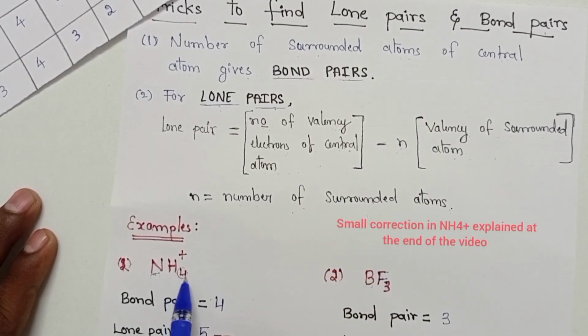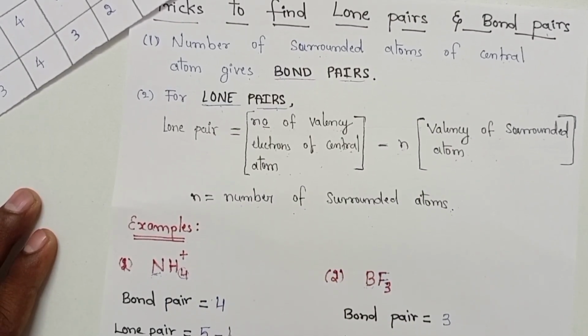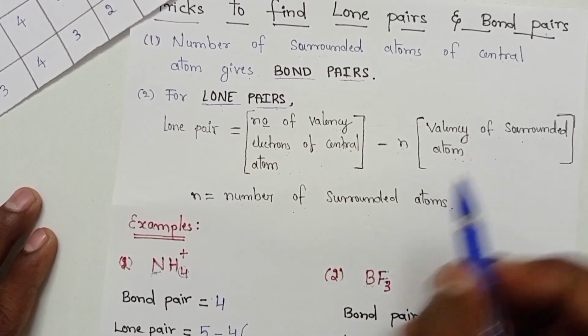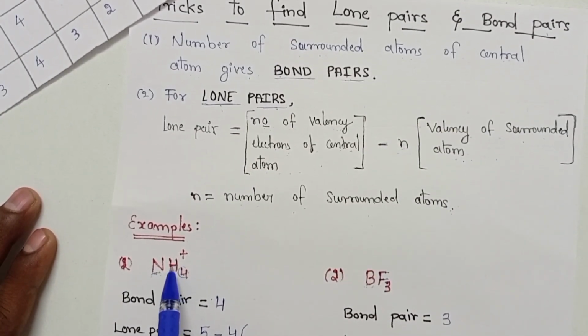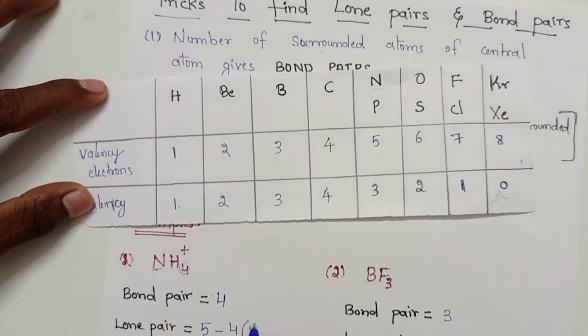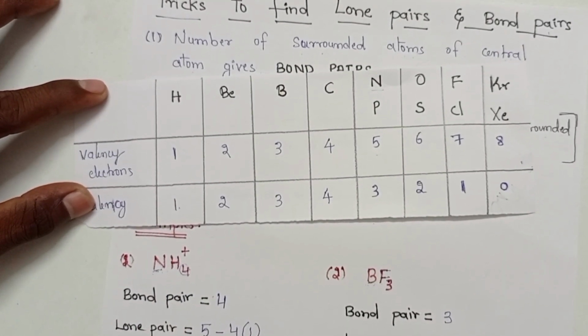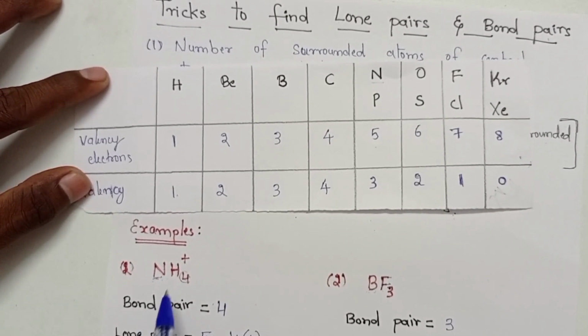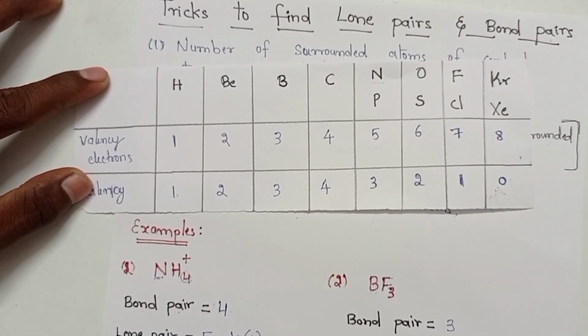How many surrounded atoms do we have? 4 hydrogen atoms, into the valency of the surrounded atoms. The surrounded atom is hydrogen, and the valency of hydrogen is 1, therefore I will write 1. Therefore 5 minus 4 is equal to 1. So NH4+ has number of bond pairs equal to 4,